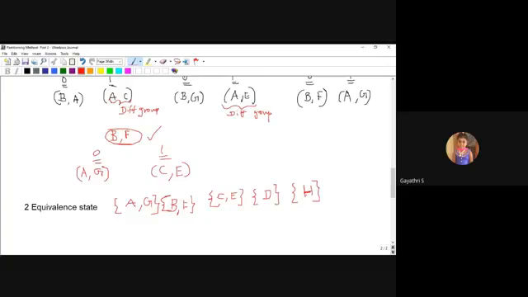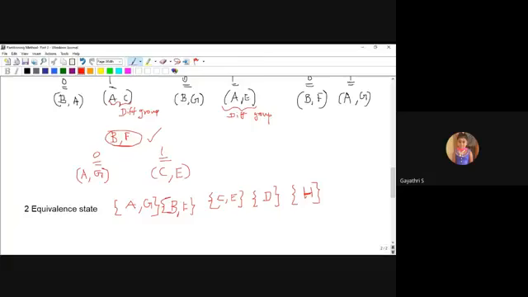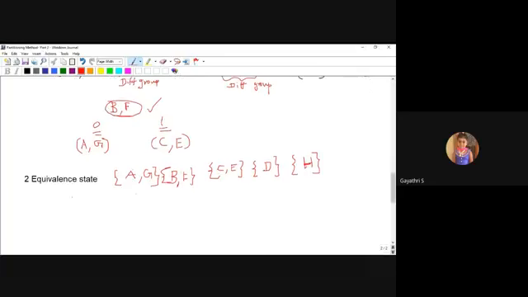Okay, AG pair is also right. BF pair, on 0 it moves to AG, same group. On receiving 1 it moves to C, same group. Okay, so in the three equivalent state the result was the same as in the two equivalent state.